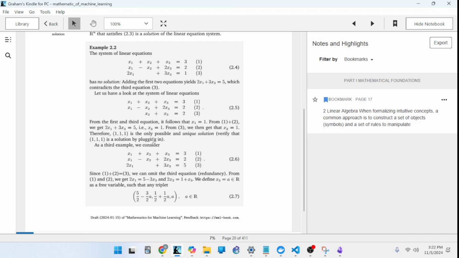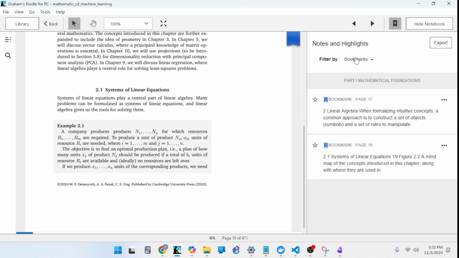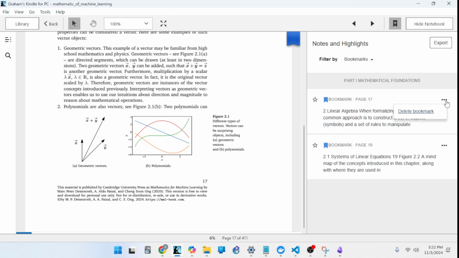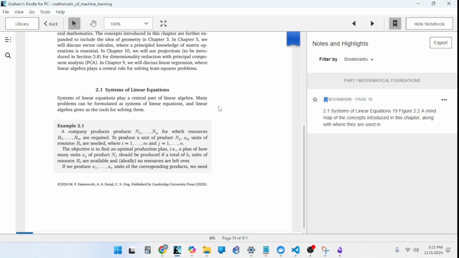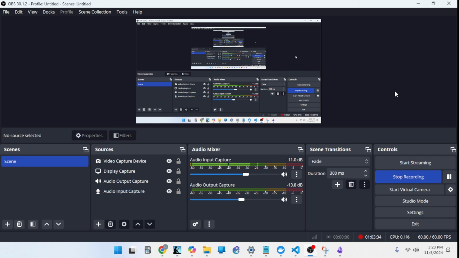All right, so that brings me to dots 2.1, which, I mean, it's going to take a while to get through this book. There's just a lot here. I'm typically good for an hour before it starts getting to where it's just not getting in there. If I do a Pomodoro and I take 5-15 minutes or whatever, I can do more. But as it is, I'm just doing this for my own interest casually. I'm not studying for coursework or anything like that. So I like to keep it fun. If I'm really grinding myself to the ground doing 8 hours a day for nothing, I just don't see the sense in that.